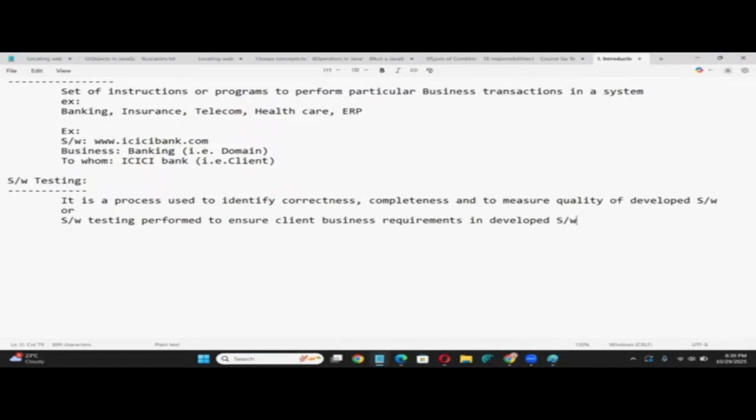Whatever client requirements are given, are all the requirements implemented or not in the software? In other words, we call software testing